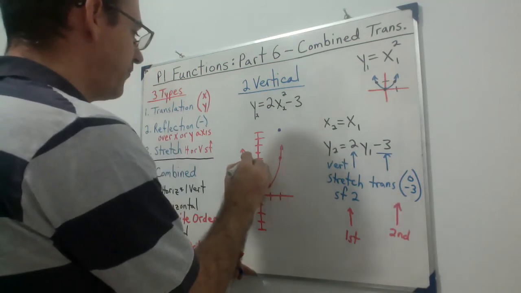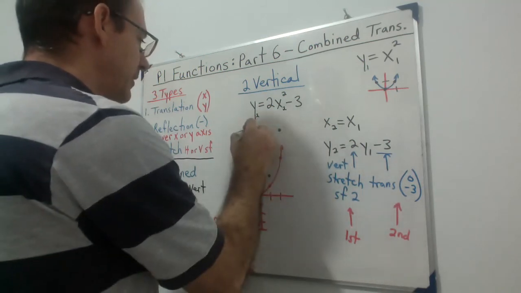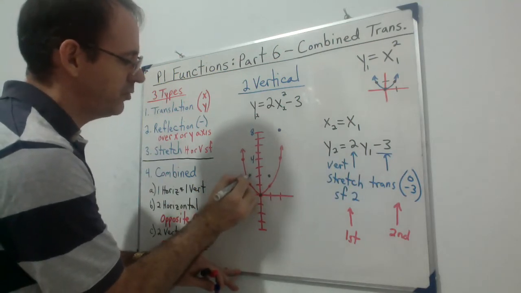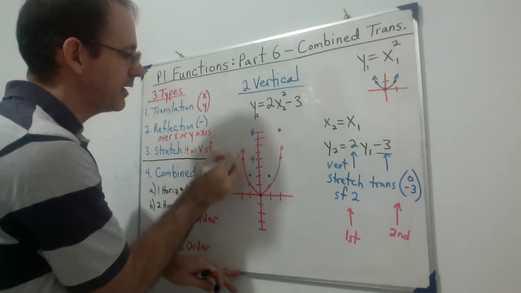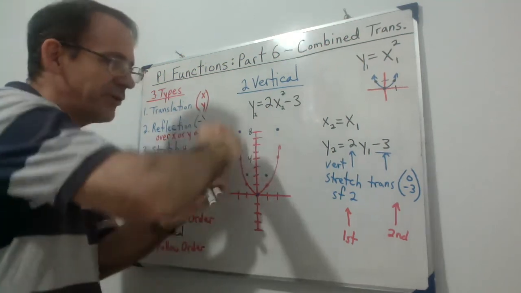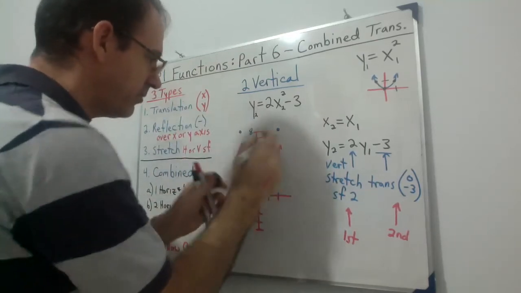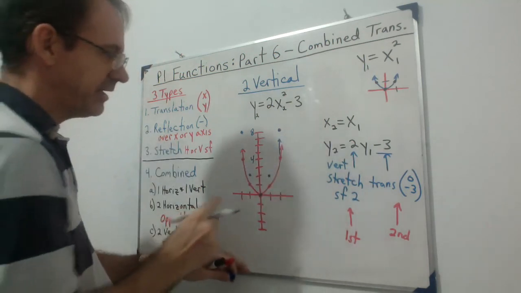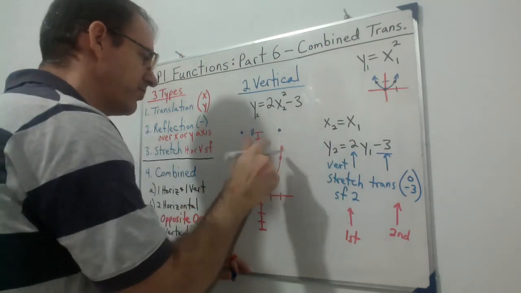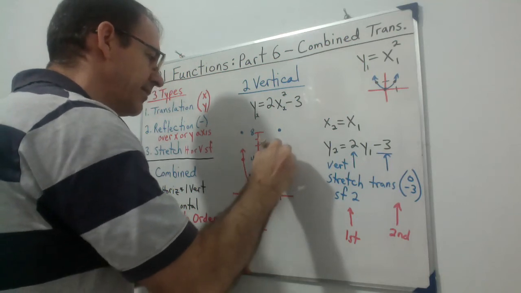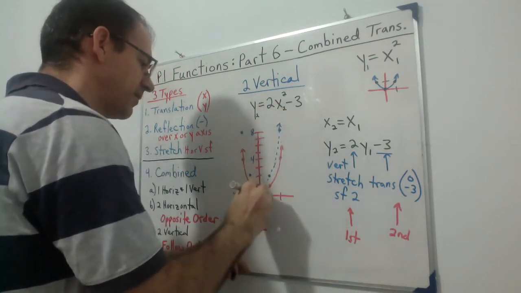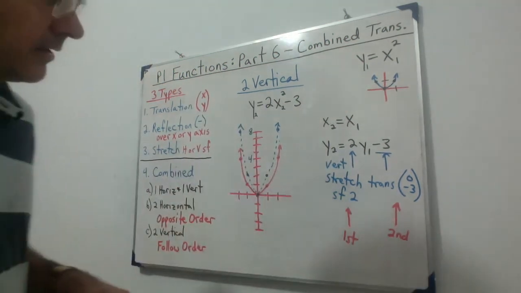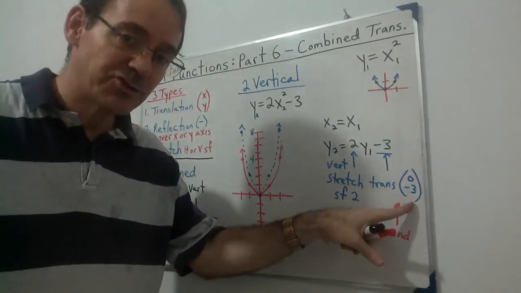So we multiplied 4 by 2 and we get 8. This one is a 1 times 2 is now 2, and a 4 times 2 again is 8. So it's a vertical stretch. All these values are being pulled in this upward direction here. And so I'm just going to put a dotted line here because that was our first of 2 translations. Now we're going to do a translation